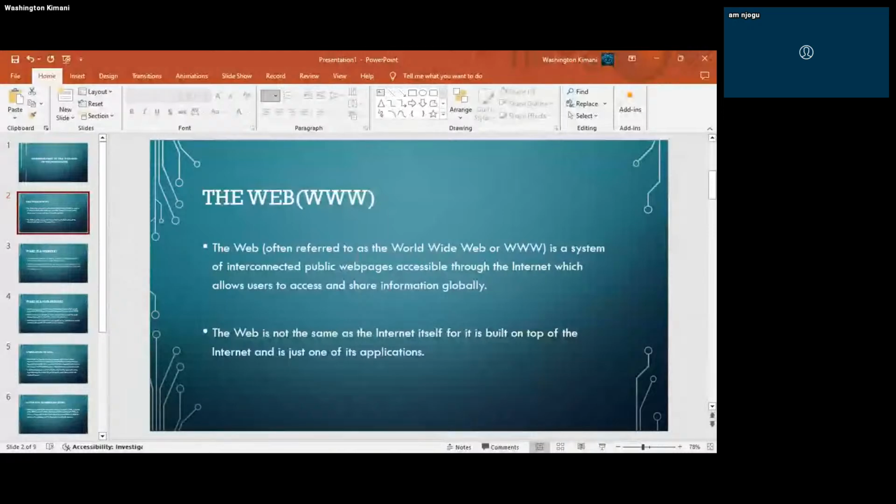It's a sort of link process as mtu anaweza access from anywhere in the globe. The web is not the same as the internet itself, or it is built on top of the internet, and it's just one of its applications. The internet, I'm not sure if all of you umepitia that unit ya education. Okay, assume that we are fresh to the